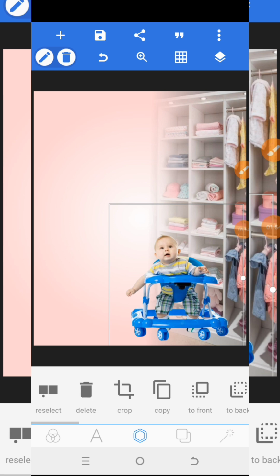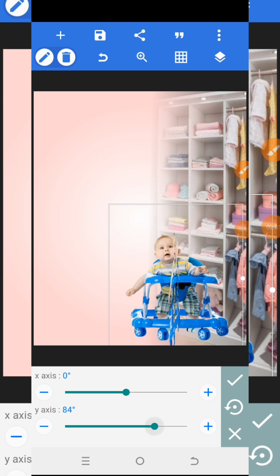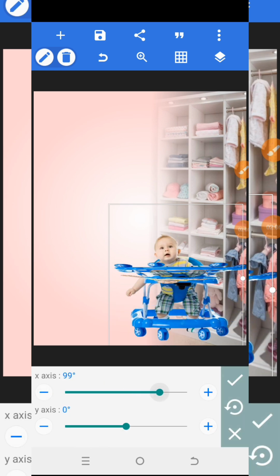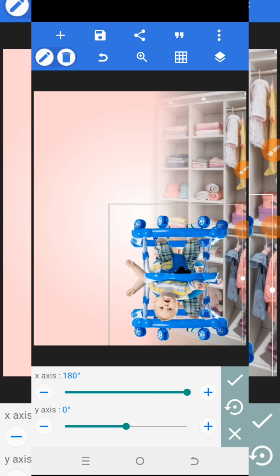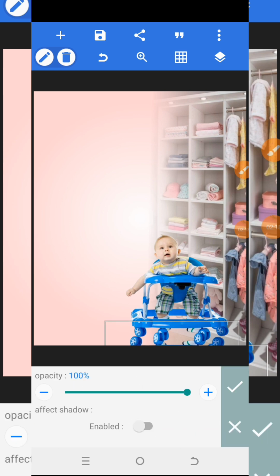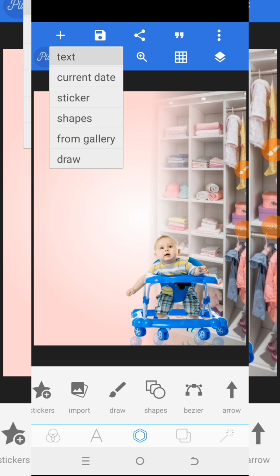So I will copy the image again, and then what I will do is I will go to 3D and make this one on the x-axis to be like this, and I will drag it to the downside, and then I will reduce the opacity. Yep, so this looks like a shadow. Yeah, here we go. So I will go to text again